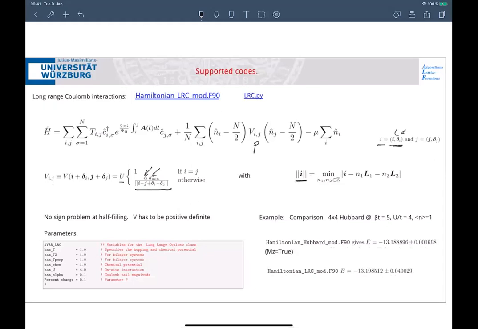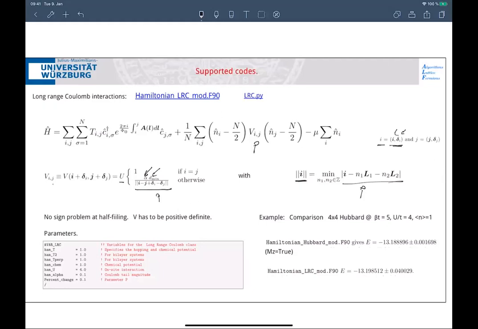And because I would like to define this on a torus, there are different ways of doing this. The easiest way for me was to just take the minimum over this quantity. So if you have any 2 points on the torus, you could take this distance or the other one, where you go over the edge. I will take the smallest one, okay? There are other ways of putting in long-range Coulomb on periodic lattices. For the moment, this is what is done in the code.